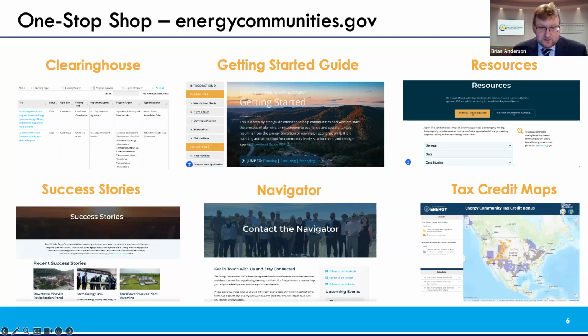If you go to the next slide, from a landing page, a clearinghouse at energycommunities.gov, where you can find all kinds of federal resources, the Getting Started Guide here today, other types of resources, success stories, models you can build off of in your community, a navigator function where if you can't find the contacts or the resources within all of our 11 federal agencies, you can contact the navigator. We have tax credit maps.